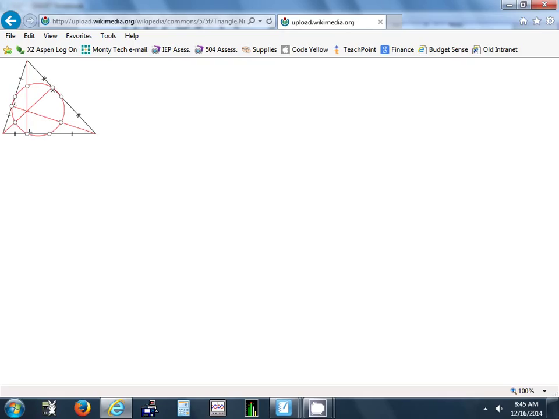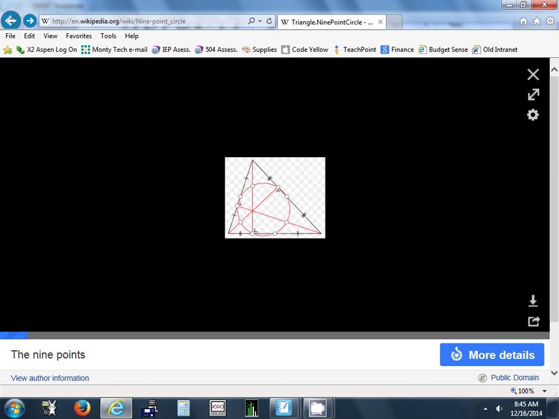And then if you draw in another segment from the vertex to the orthocenter, find its midpoint, right there, there's another one. And if you draw in a segment from the vertex to the orthocenter, right there, and find that midpoint, that's another one. So it's just a special circle. Those points,